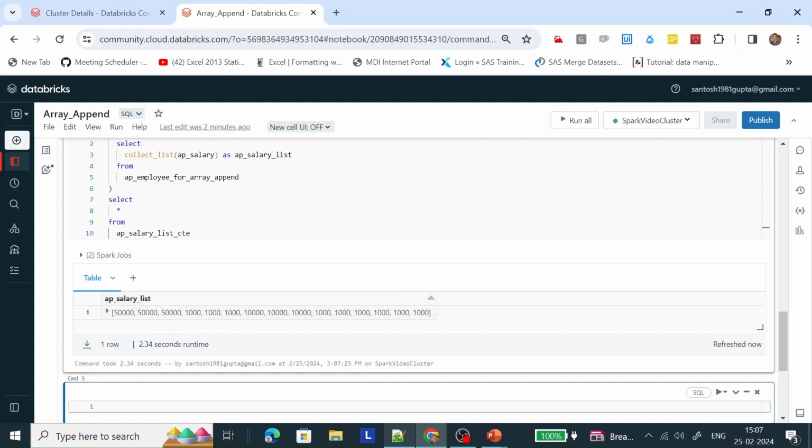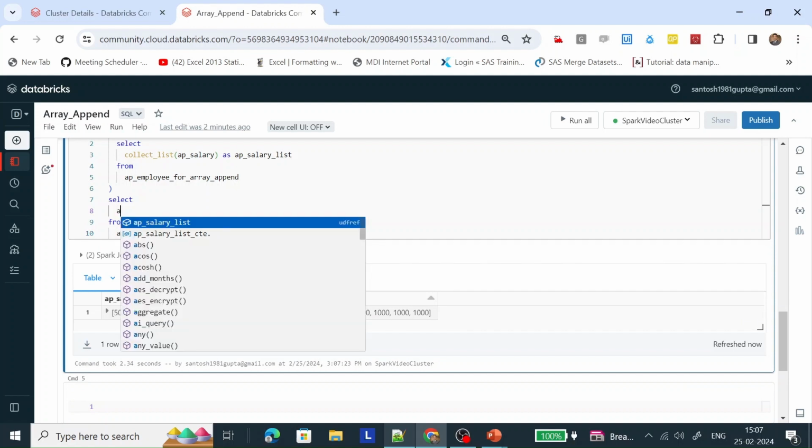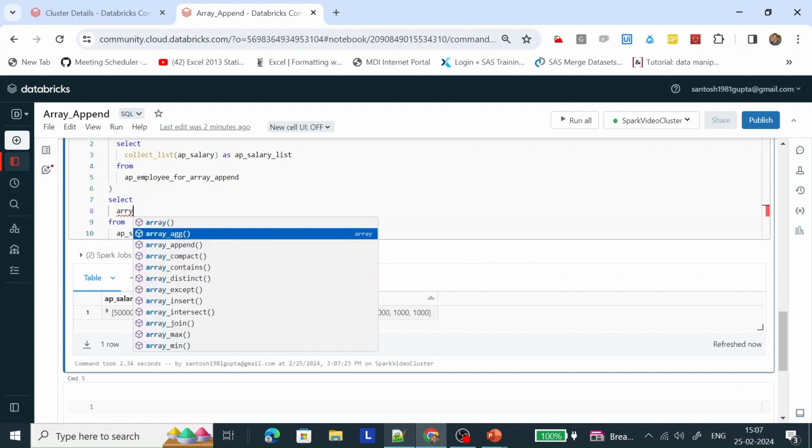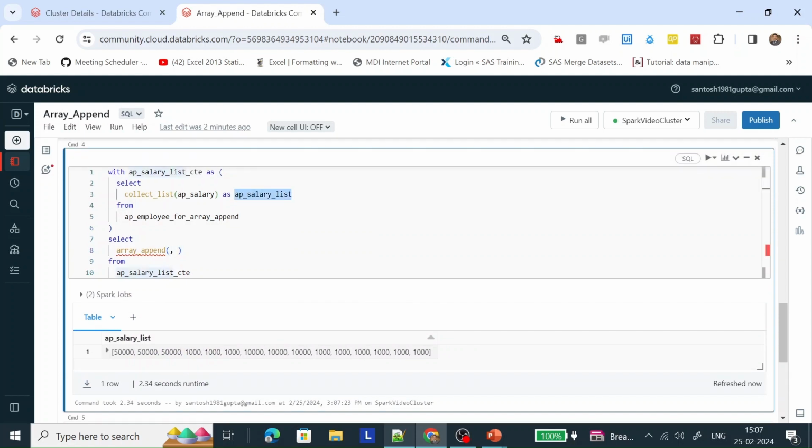We are getting the same value. Now let's use the array append function. Array append takes two arguments: one is the array, and the other is the value we are going to store. Here we are going to store this value, and it will take this array and append this value at the end of this array. Let me give the alias as